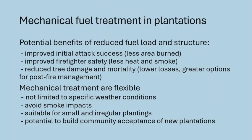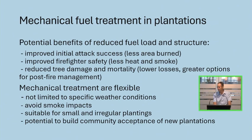So really what this work was about was to look at mechanical fuel treatments and what benefits they might have, by changing the structure and the fuel load and the way the fuels are arranged in a plantation. That could be in terms of improved success of initial attack, which thereby might reduce your area burnt and your potential losses, and improve firefighter safety, and I think this is a particularly important one, and it's often overlooked in